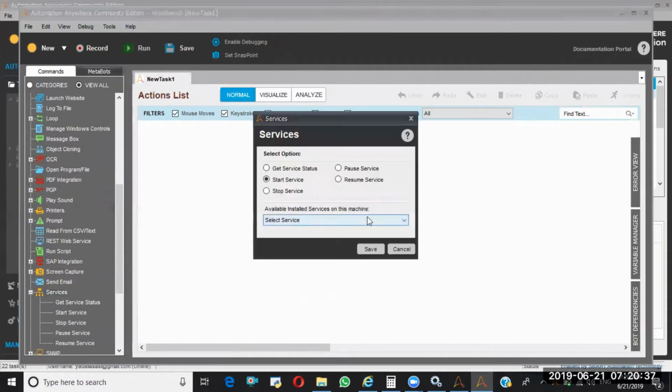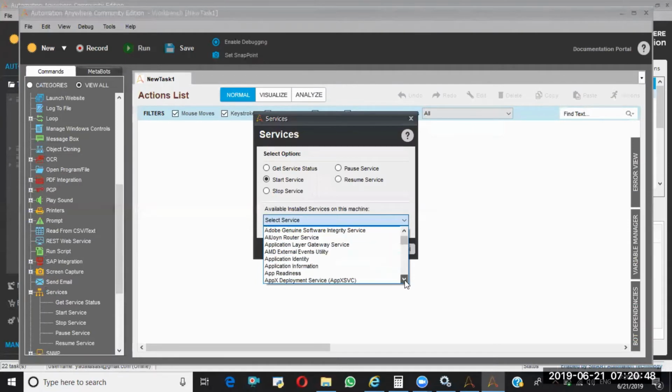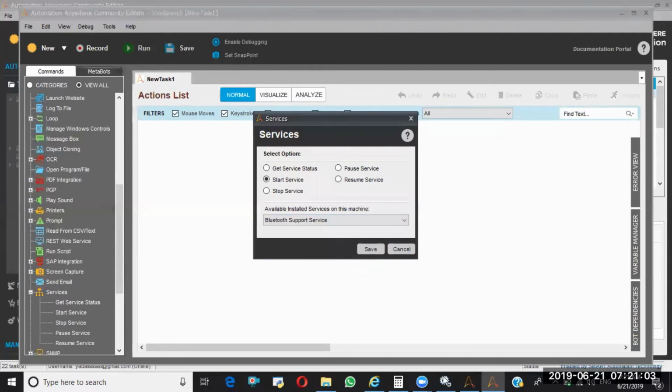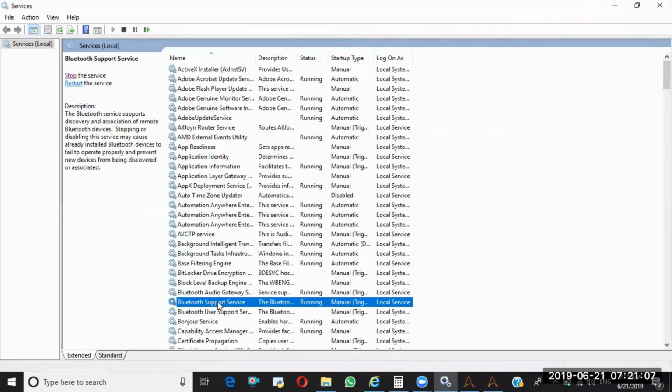Here you have to select the drop down. You will be able to get all the services in your machine. Now you can choose whatever service you want. Earlier we have seen our Bluetooth service was not working, right? If you see here, the Bluetooth support service is running.